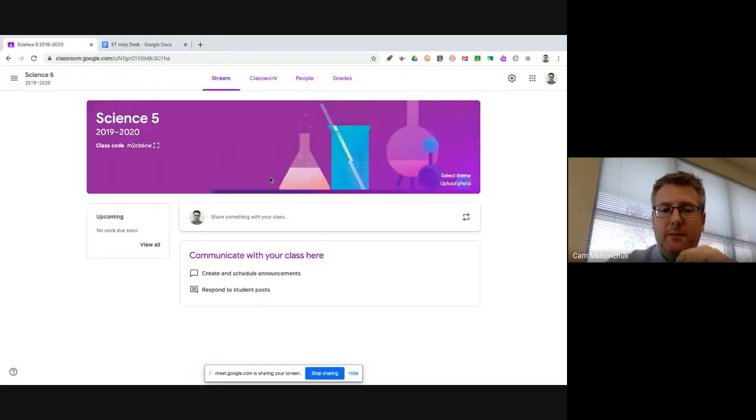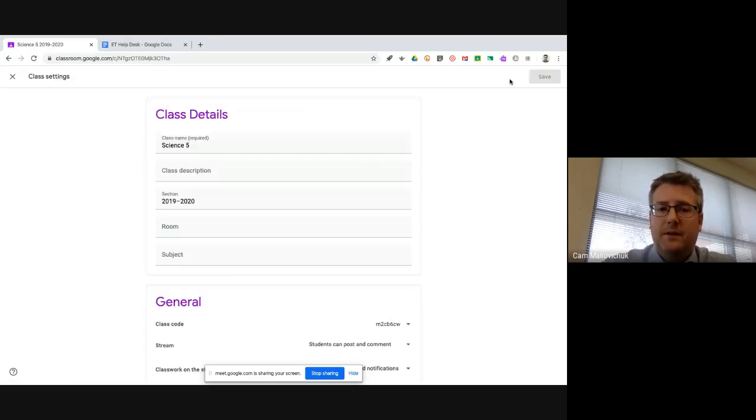There we go. So now I'm in my Science 5 class. So let's say I didn't put it in, or I want to change my section. I'm going to click the cog at the top right corner for my settings. Doing so brings me right back to those class details where I can put in a section, room, and subject. I can also put a description if that's important for my students, like this is where you'll find all our